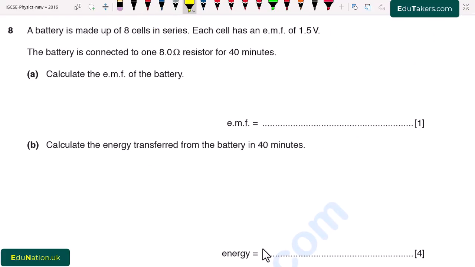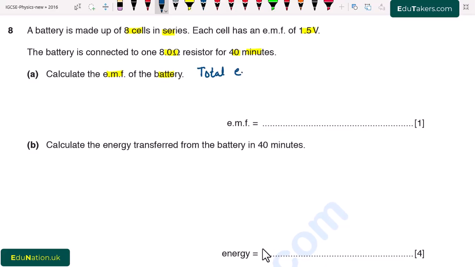Question number 8. A battery is made up of 8 cells in series. Each cell has an EMF of 1.5 volt. The battery is connected to one 8.0 ohm resistor for 40 minutes. Part A. Calculate the EMF of the battery. So the total EMF of the battery will be equal to the total number of cells multiplied by the EMF of each cell. So I write here